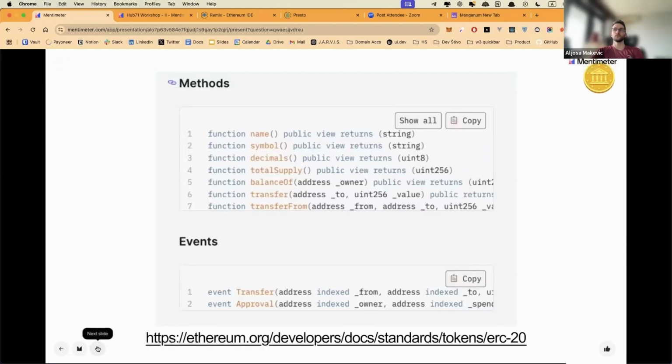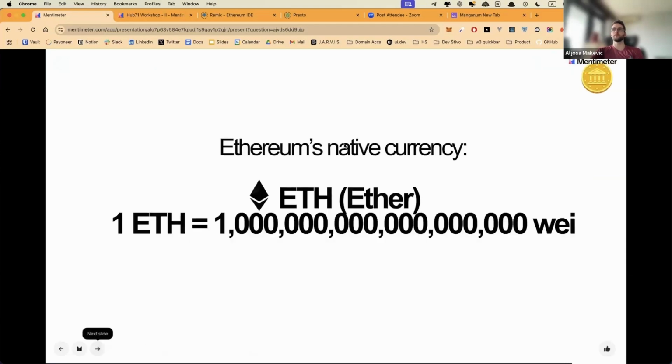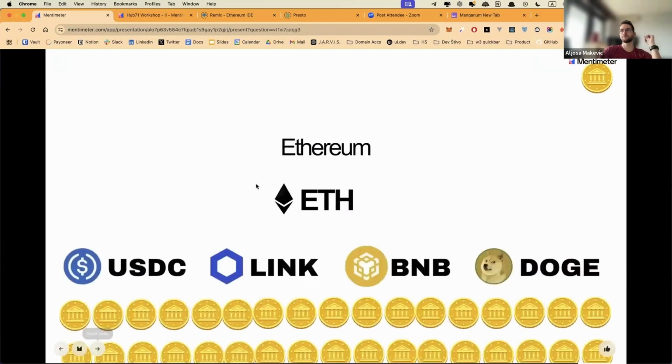So it's pretty simple. Every blockchain has a native currency. Ethereum's is Ether, and it consists of Wei. Wei is the most atomic unit of ETH, and 1 times 10 to the power of 18 Wei is 1 Ether. So you can divide it up a lot more easily than a regular currency.